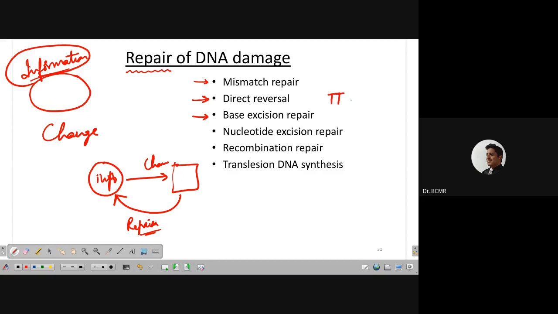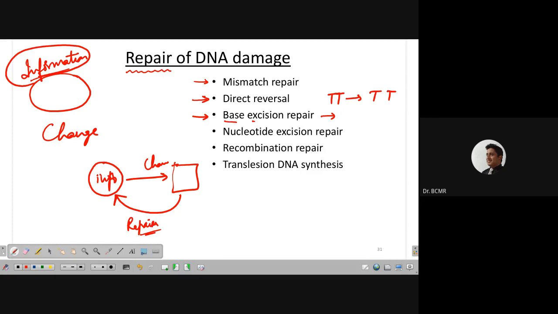Say thymidine dimers have formed, you can just make them thymidines again. That is direct reversal. You do not make big changes to the DNA. You don't cut anything. You just undo the damage. In some cases, you remove the base that is alkylated, for example, or oxidized. You have to remove those bases. And that is called